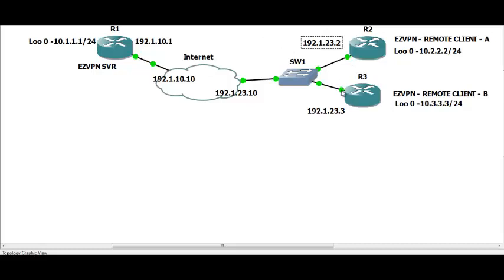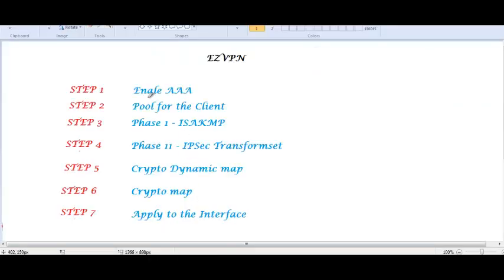EasyVPN is easy. You don't have much configuration on the client. On the server, we have some 7 steps of configuration. These are the 7 steps. First, you enable AAA. Once AAA is enabled, create a pool for the client. From this pool only, an IP address will be given to the client who successfully provides the group ID and the key. And then we configure the